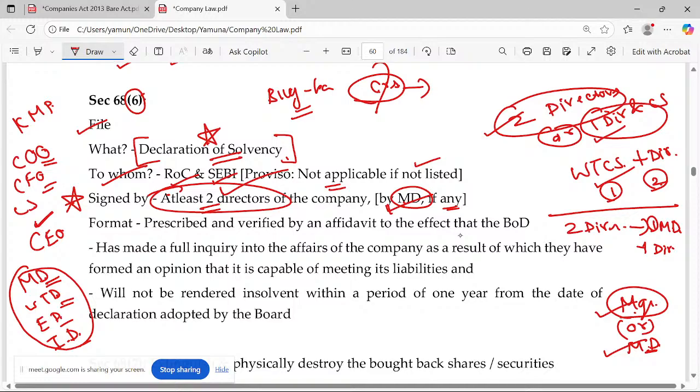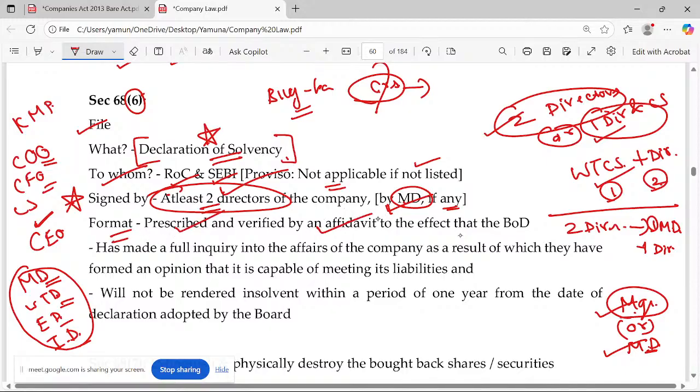Whether opening a bank account or proceeding with any negotiable instruments, whatever it is, you have to give the director's name who can do this authorized act. So at least two directors, it's not just any two, but the managing director has to be there if there is a managing director. It means the persons mentioned in the authorized resolution. So there's a prescribed format.